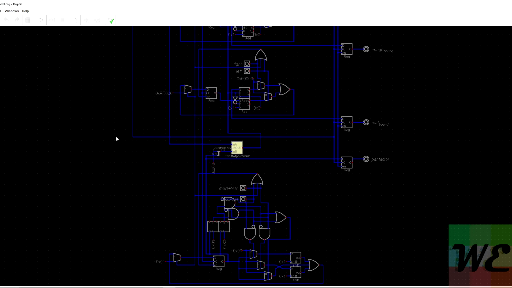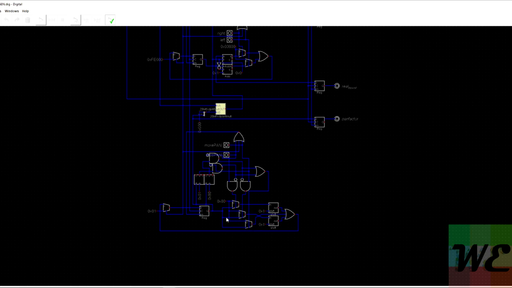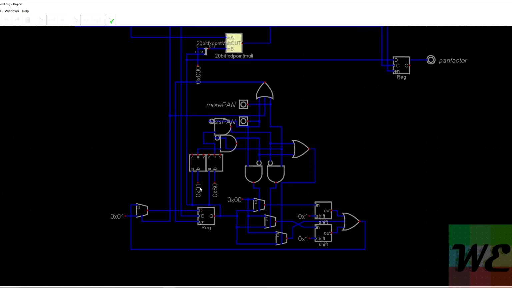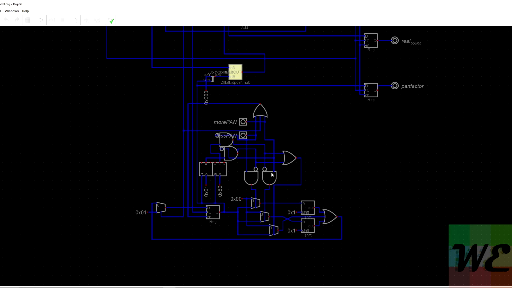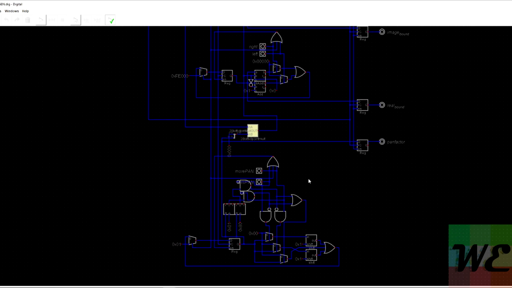So everything starts with the pan factor. You have a pan factor where you can say more pan or less pan, and the max pan factor or the min pan factor is a single 1-bit value. I can shift that 1-bit value left or right to tell it how much to pan by. When I press more pan, it increments and shifts left, taking the value and adding it back to itself. If I say decrement, it shifts right instead. That's how it increments, decrements, or changes how much I want to pan around.